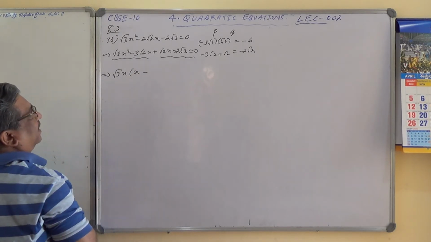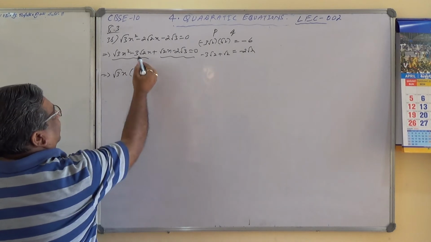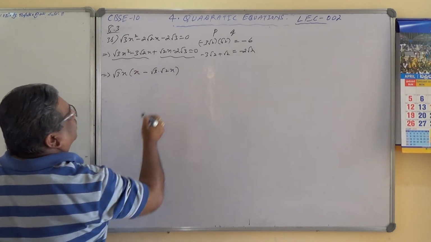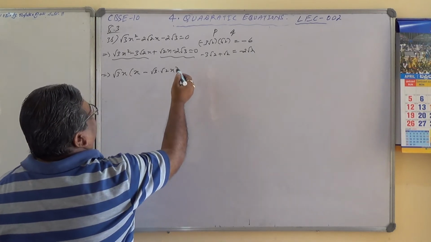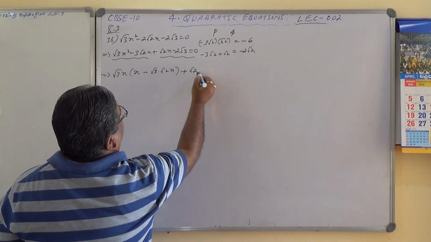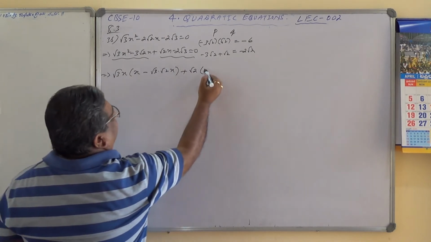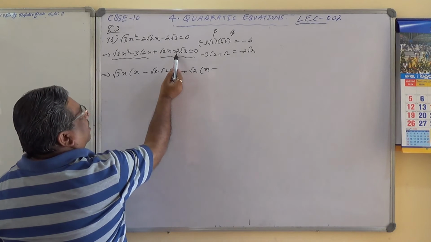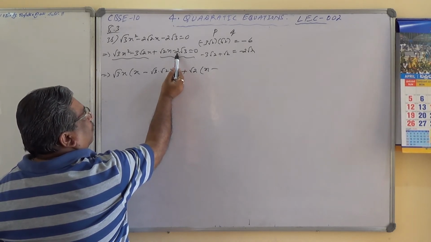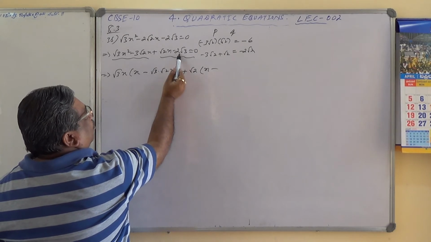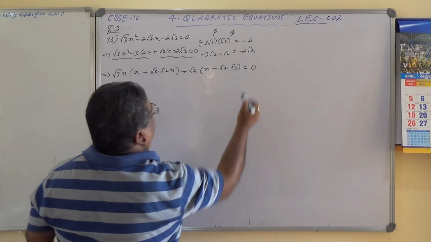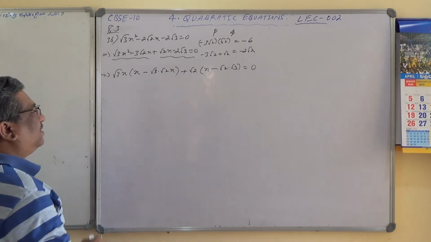I hope you are understanding here. So here what is remaining is root 3 into root 2 x. Isn't it? And here what is pending? Plus here root 2 is a common, x minus here 2 can be written as root 2 into root 2 into root 3. 2 is root 2 into root 2. 1 root 2 has gone out. So 1 root 2, 1 root 3 pending. Root 2 into root 3 equals 0. I hope you are able to understand this.